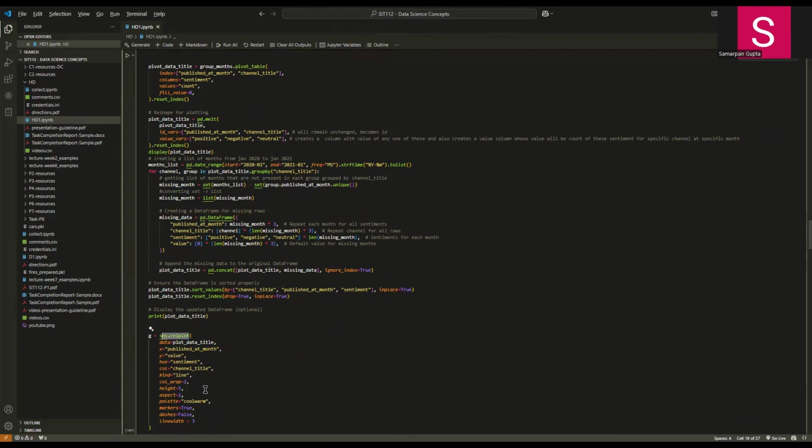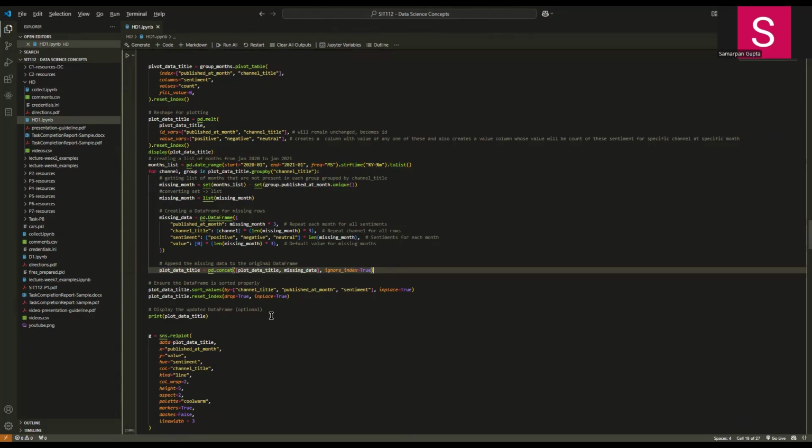But since the x ticks are predefined over here, x ticks will be a list of values which will represent each month from January 2020 to January 2021. So each month will be a member of this months list. And since we are hard coding that value, not adding a dummy value for the months that are not there will misalign the graph since a few months are already skipped. Therefore, adding zero values for the missing months allows relplot, the function, to be aware of missing months and draw accordingly.